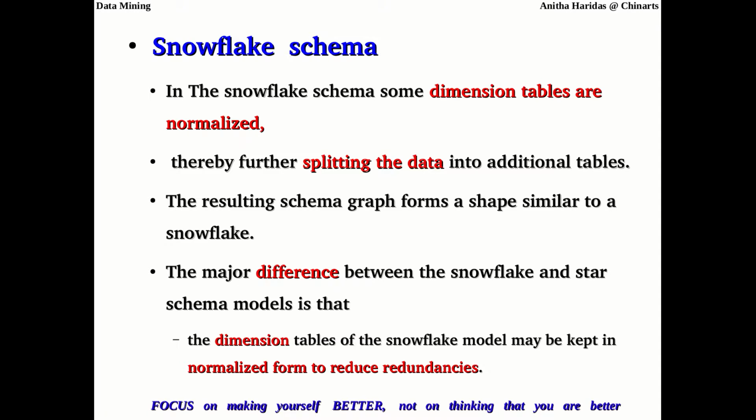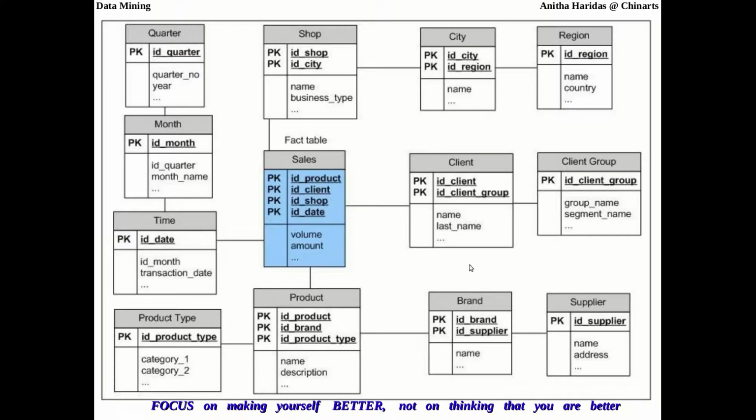The difference is that in the star schema the dimension tables are denormalized, but in the snowflake schema the dimension tables are normalized. Therefore, the dimension table will be split into additional tables, and the resulting graph looks like a snowflake, right? Continuously you will have a dimension table connected to another dimension table connected to another dimension table.